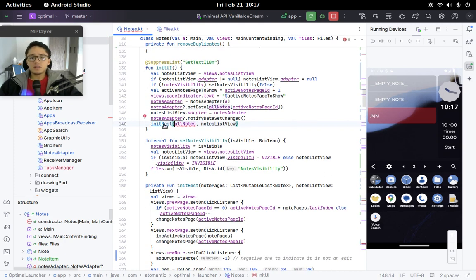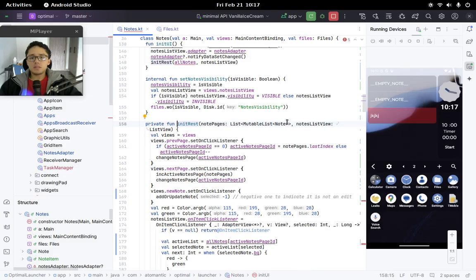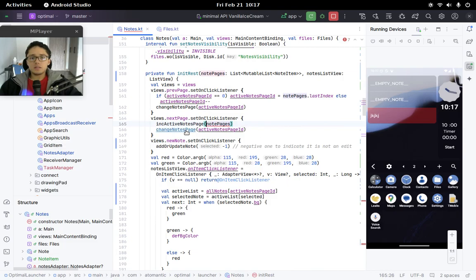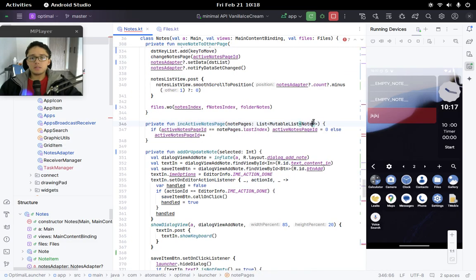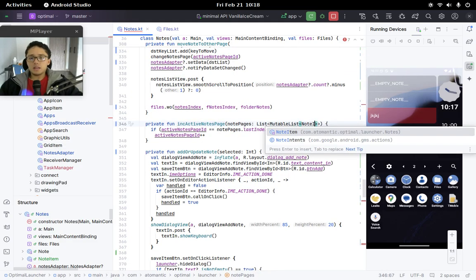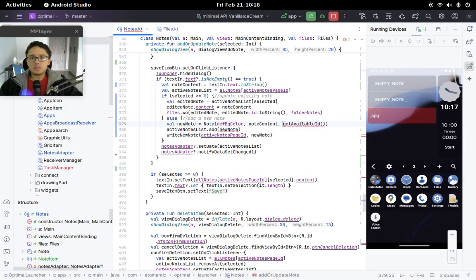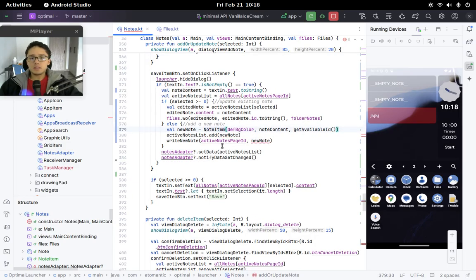Init rest, it says node pages, node item there. Then let's continue. Increment active node pages, node item. Continue. Get available ID, new node item. And write new node,